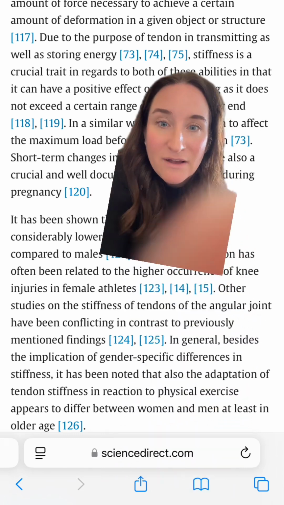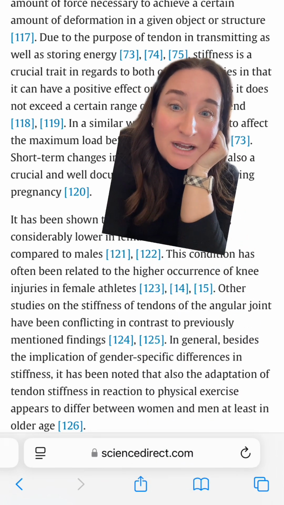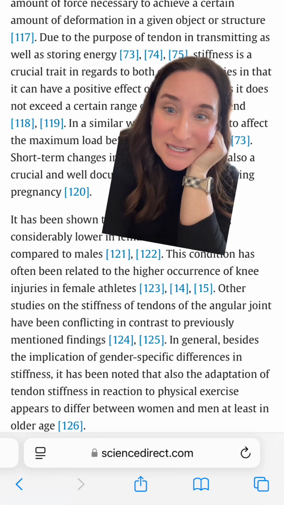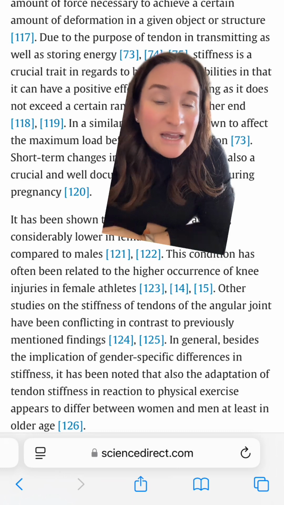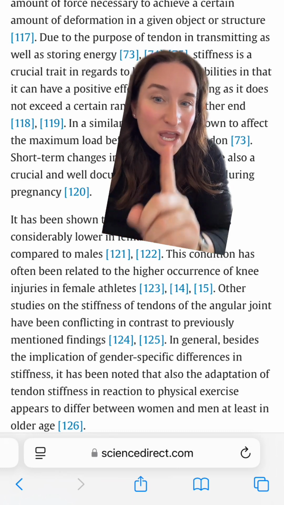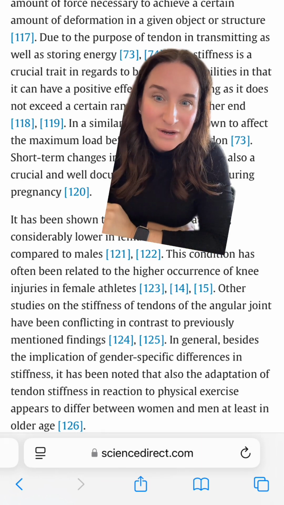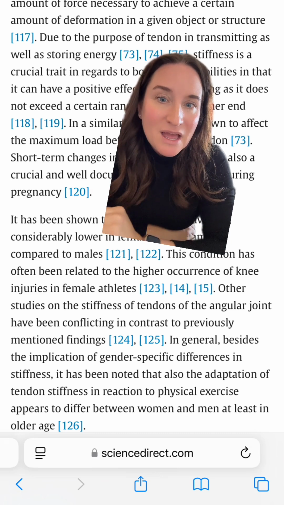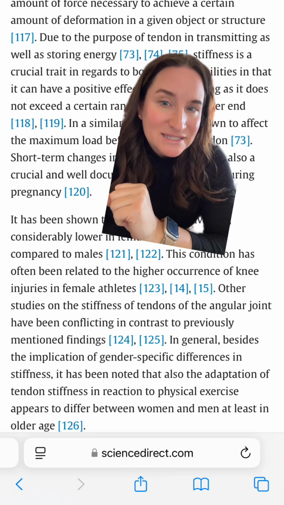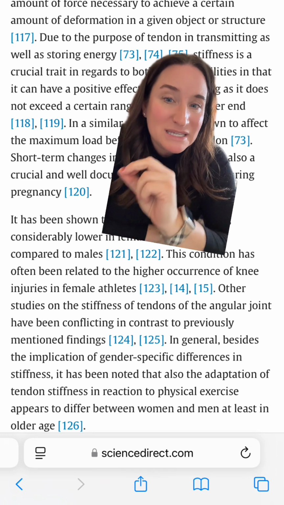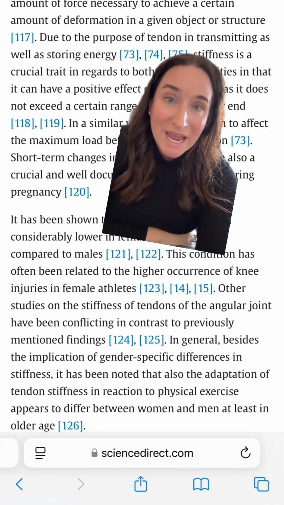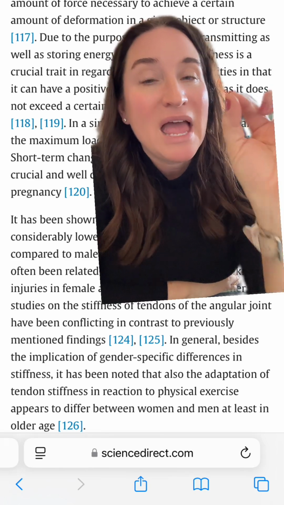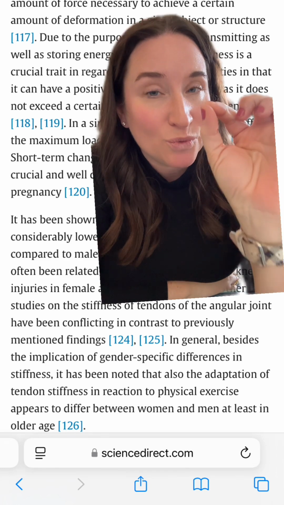Other studies on the stiffness of tendons of the angular joint have been conflicting in contrast to previously mentioned findings. In general, besides the implication of gender-specific differences in stiffness, it has been noted that the adaptation of tendon stiffness in reaction to physical exercise appears to be different between women and men, at least in older age. Let me say that one more time. The adaptation of tendon stiffness in reaction to physical activity appears to be different between women and men, at least in older age. Because women do not remodel as well when they are postmenopausal,